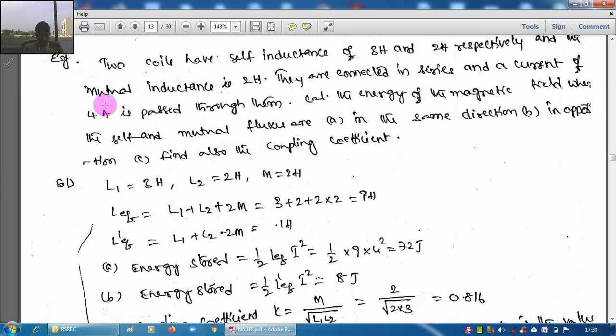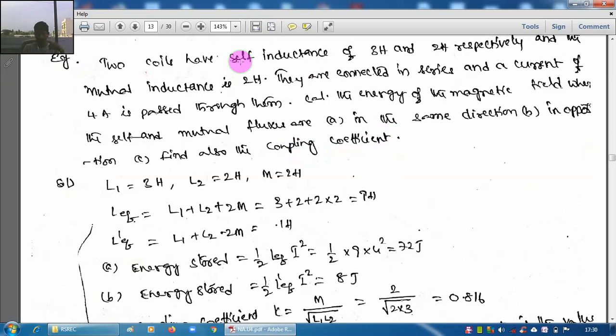You see in the second example, two coils have self-inductance of 3 Henry and 2 Henry respectively, and the mutual inductance is 2 Henry. Two coils are there with L1 3 Henry, L2 2 Henry, and the mutual inductance M equal to 2 Henry. They are connected in series, and a current of 4 amperes is passing through them. Calculate the energy of the magnetic field when the self and mutual fluxes are in the same direction, and in the second case in the opposite direction. Find also the coefficient of